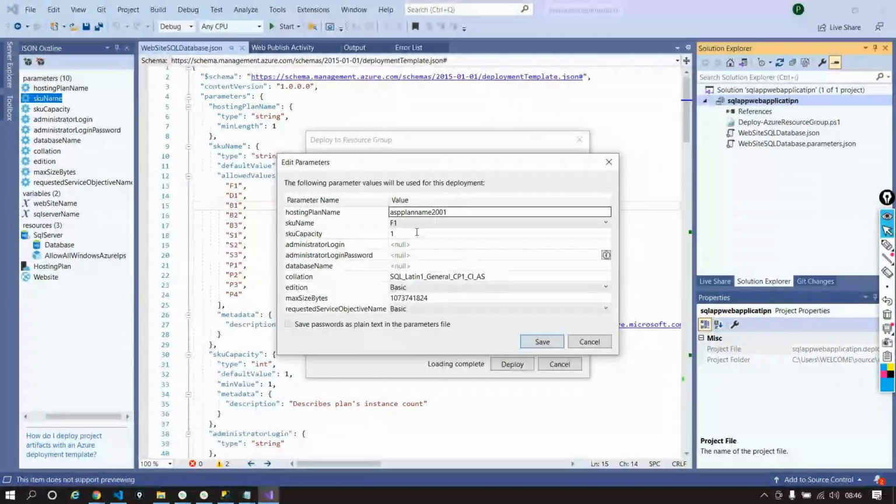Now, administrator login. This is for your SQL Server. I'll say test user, and this is the name of my SQL Server. Sorry, name of the SQL database. I will say this is a test db2xyz000, a unique name that I want, and this is a login password. Now, if I do a login password, it is now coming as a secret value out here. So I'll say